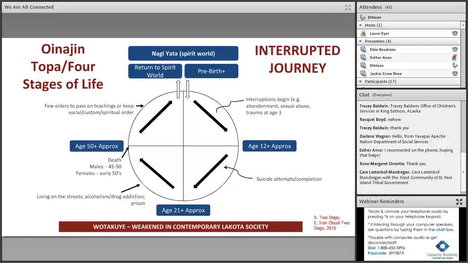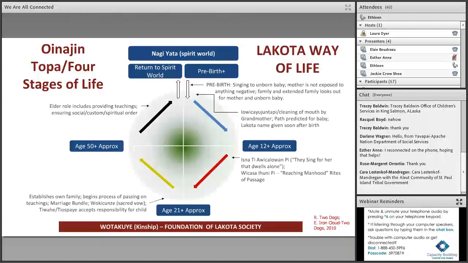Thank you. I think what's really evident here, Laura, if you could go back to the Lakota Way of Life slide, if you see how healing that whole process is of the kinship system down at the bottom of the slide, you see how the kinship system was very strong. And we believe in Lakota society that that is the glue that holds us together.